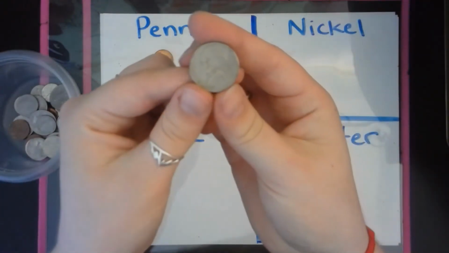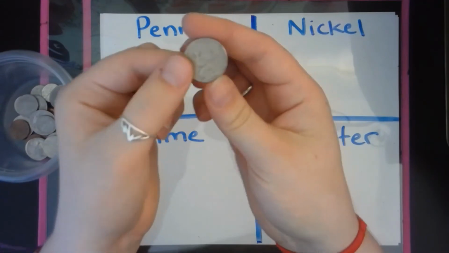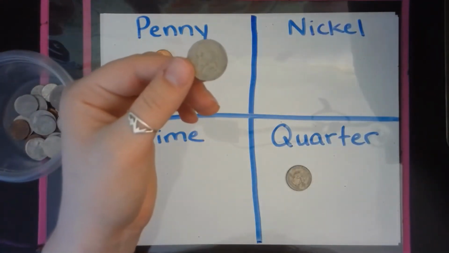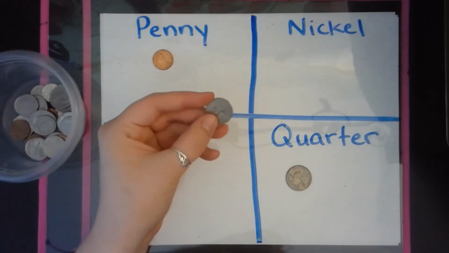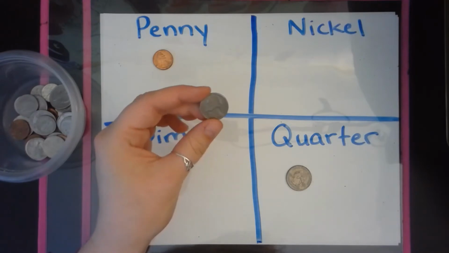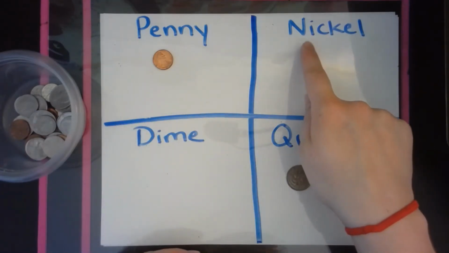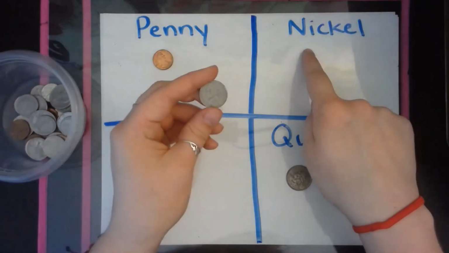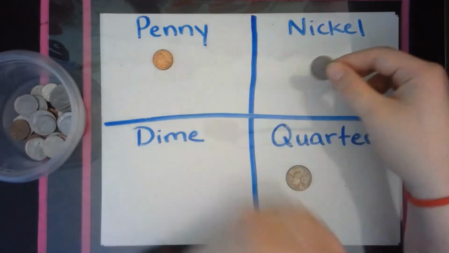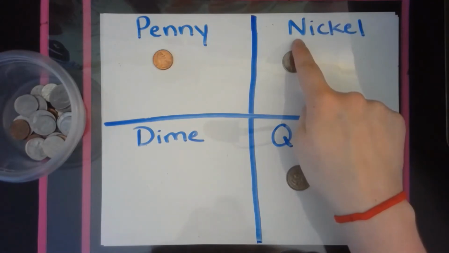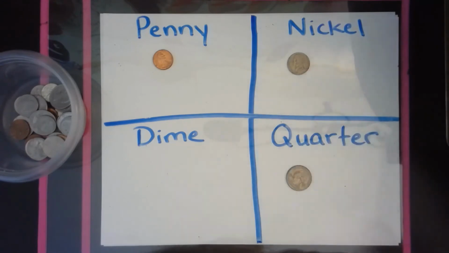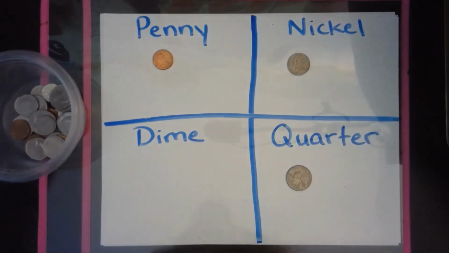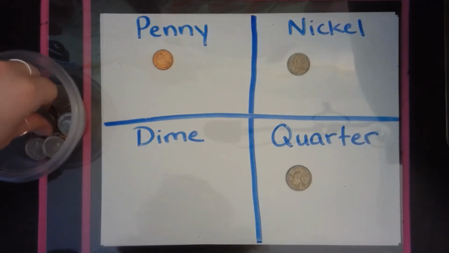This coin is a nickel. Say it with me, nickel. I know N says n, and I see that this word has the same beginning letter as nickel. So I'm going to put my nickel here because the beginning letter matches the sound. My last coin